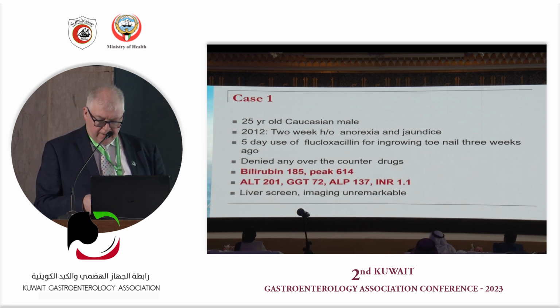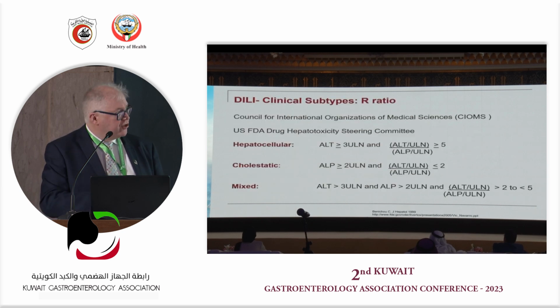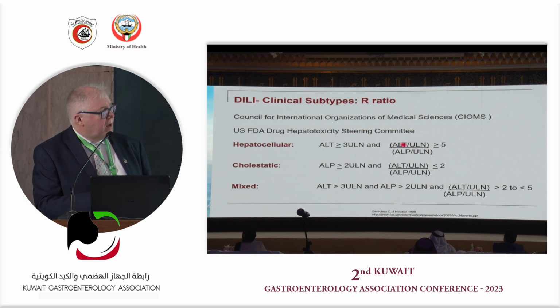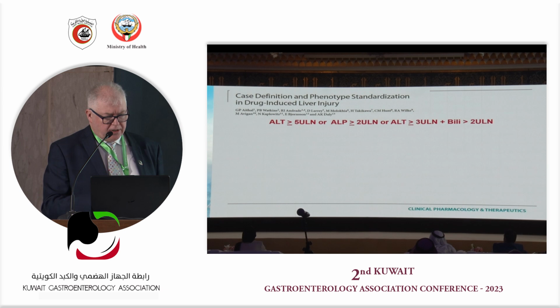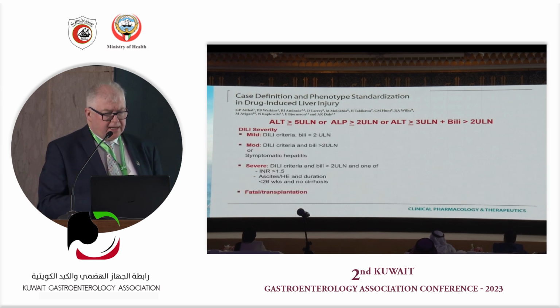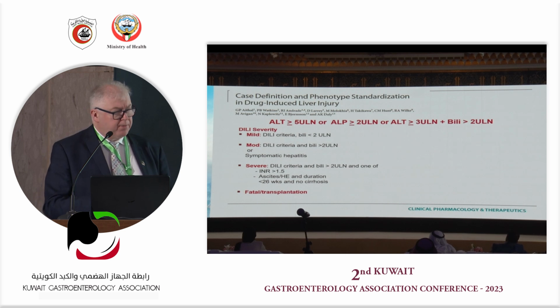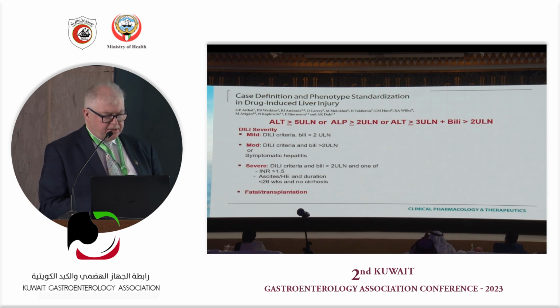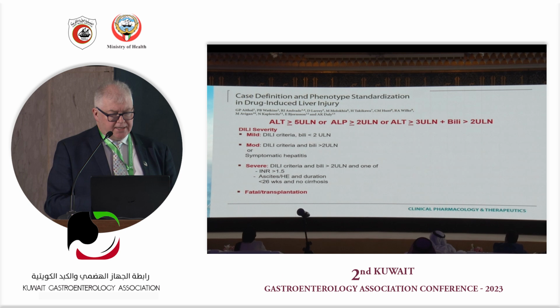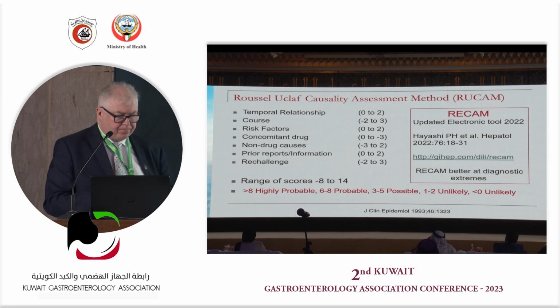So we'll do the calculation, and we calculate that this is hepatocellular jaundice, and this is important because it puts him into a category of risk long term. Now, we also classify patients according to the severity of the bilirubin level. So bilirubin levels less than 2, mild, greater than 2, and of course, once you start developing coagulopathy or ascites, this puts you into a much more severe category.